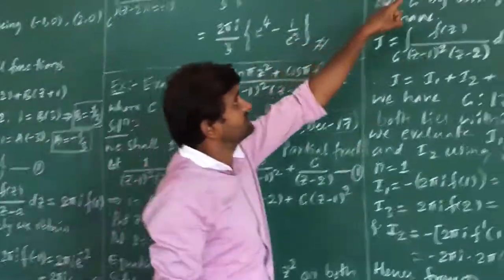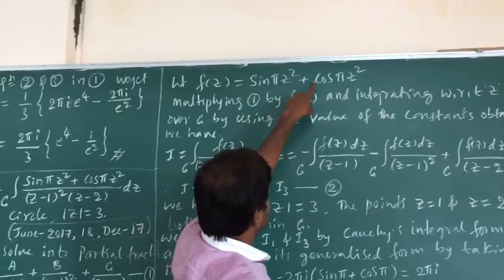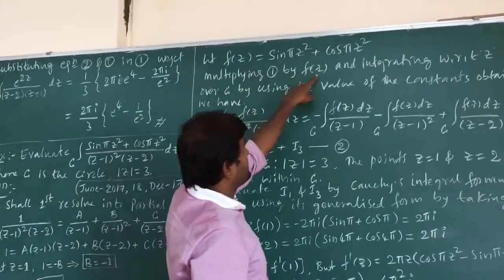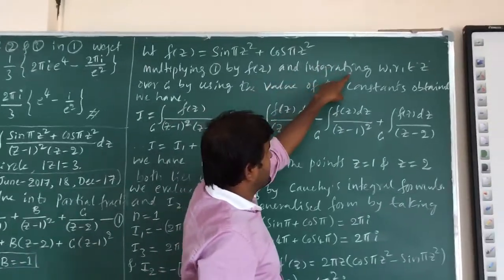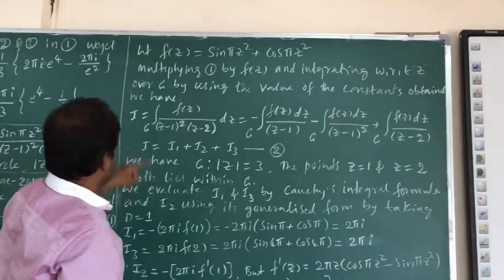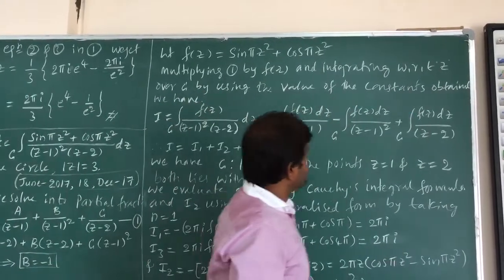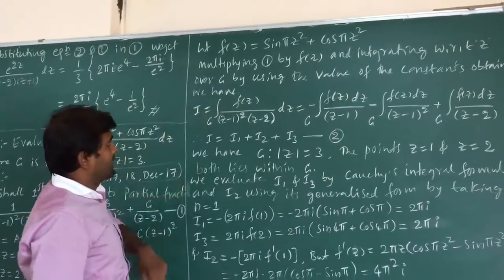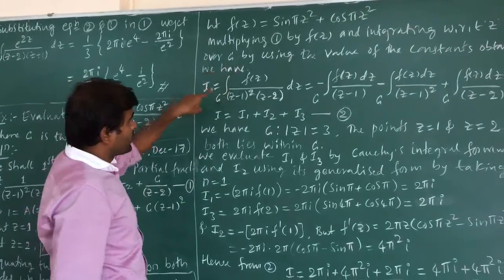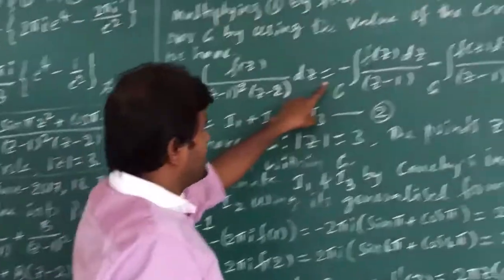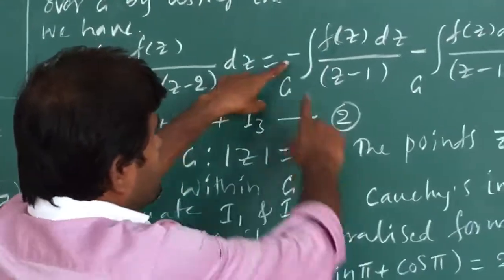f of z is sin pi z square plus cos pi z square. Now multiplying 1 by f of z and integrating with respect to z over C, by using the values of the constants obtained, we have, taking this whole integration part, I am calling it I, the integral dz equal to